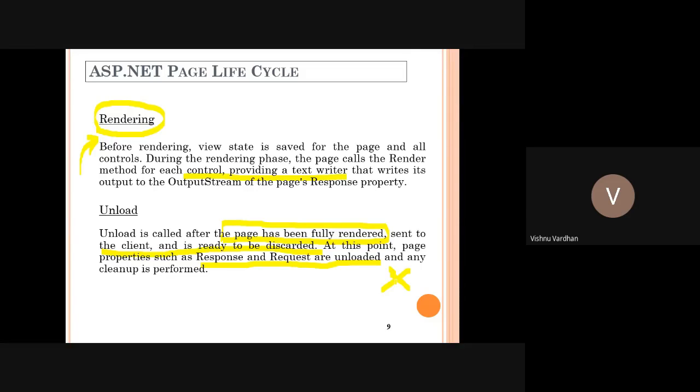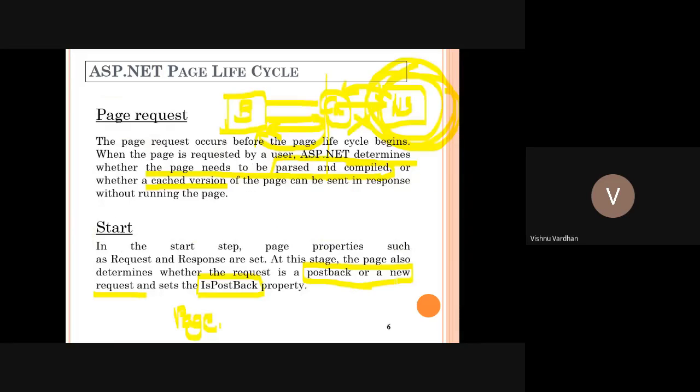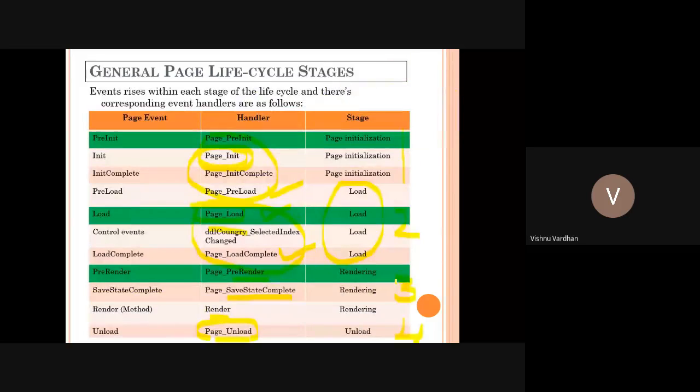Okay, so got the idea? So how this particular ASP.NET page lifecycle is maintaining the information, processing the information. It was separated into different event handlers. All these event handlers we can see from this. Page pre-init, page underscore init, init complete, preload, load, save state complete, render, unload.